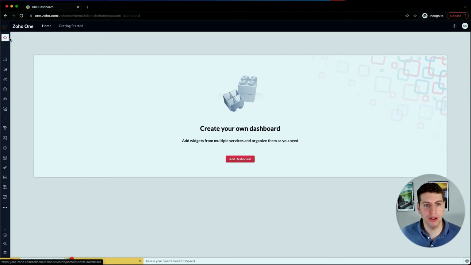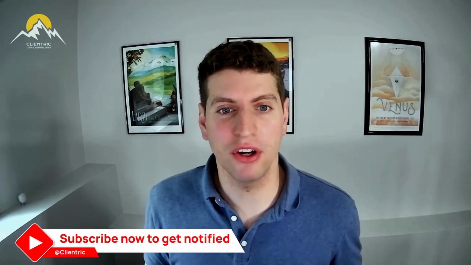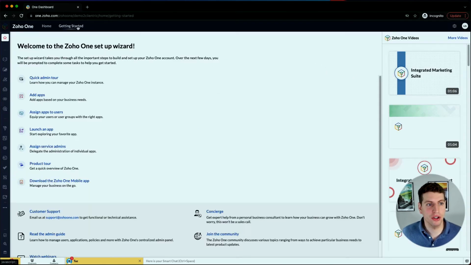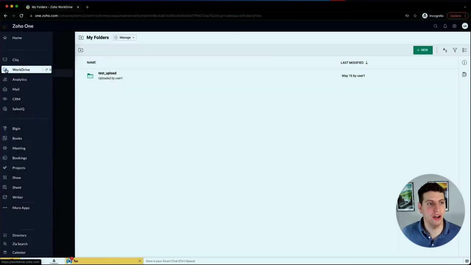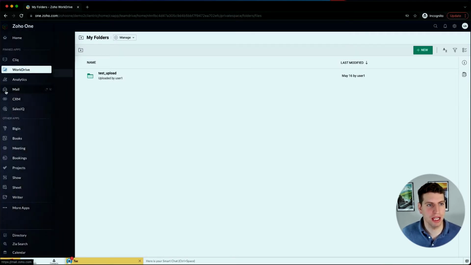Now, if we go back home here, you'll see you have your own dashboard. We're going to set this up in a different tutorial, but just know that you can have your own dashboard. It'll give you a very brief overview of your system as soon as you log in. So you see the most important items right here. But now we also have this getting started option, all these different tabs. So when you click into all these different applications, you'll see the different tabs up here for those applications itself.